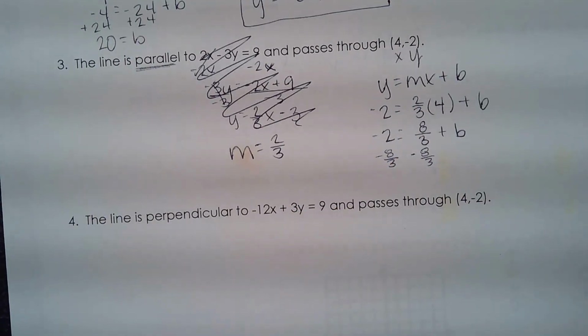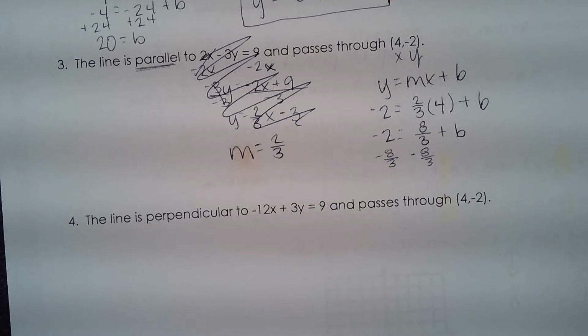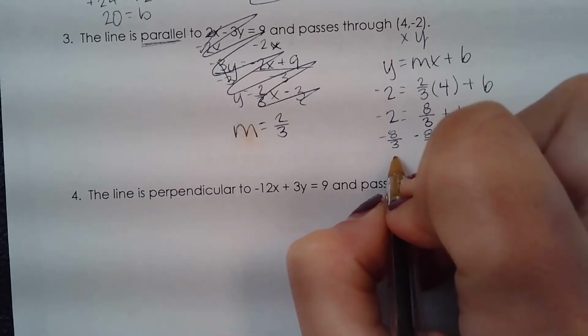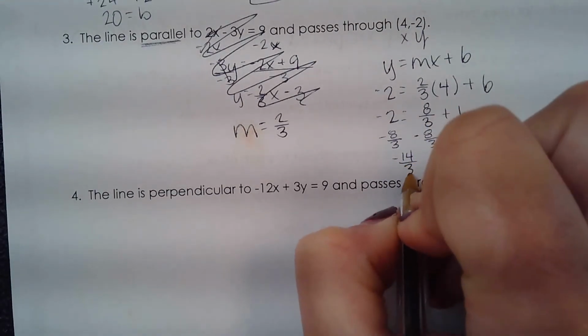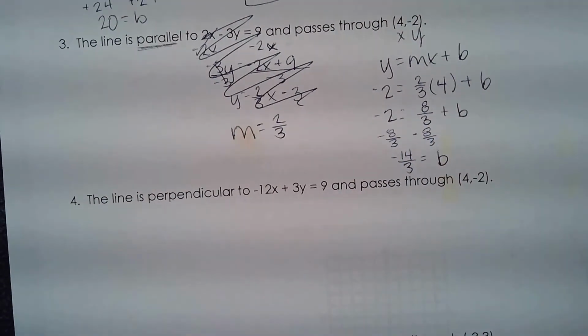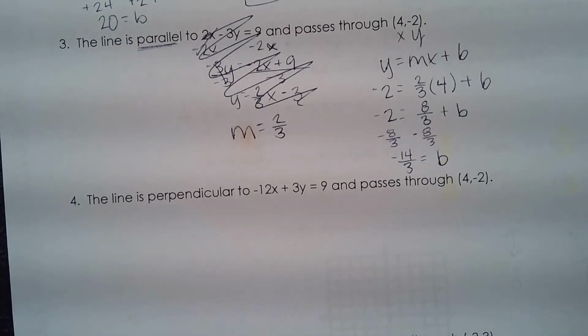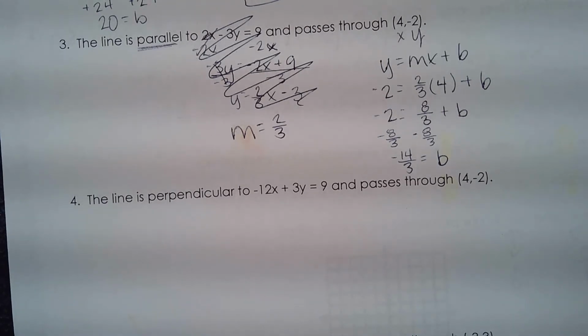So we've got negative 2 minus 8 over 3. So that's kind of like negative 6 over 3 minus 8 over 3. So it's negative 6 and negative 8. So that whole thing is negative 14 over 3. Is that okay? So if you're not sure how to do those fractions, you could definitely use your calculator to get you there. It's no big deal. So once you've got your m and you've got your b, we can write the equation